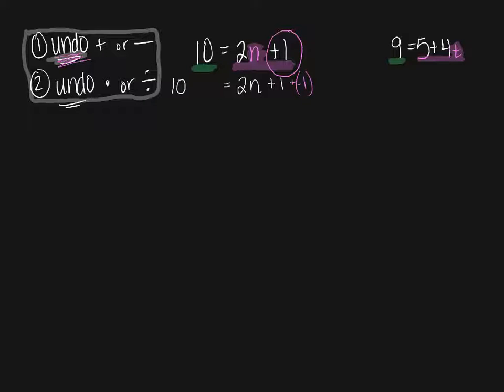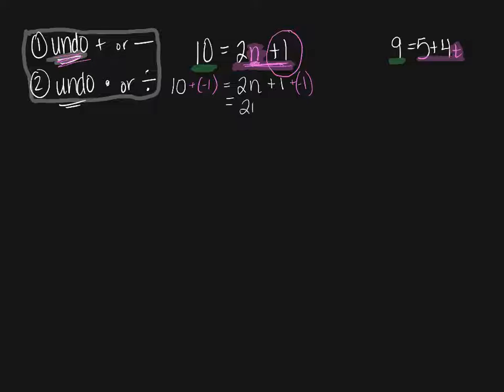So I end up adding a -1 on here too. Why 1? Why not 10? Because 1 is what's over here on my pink side. It's the addition that I'm doing to my n. So I have to get this away, and I have to add its opposite. So if I'm adding a +1, I add a -1 to both sides,